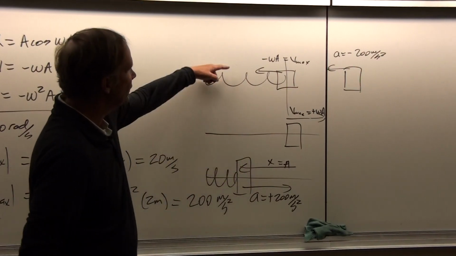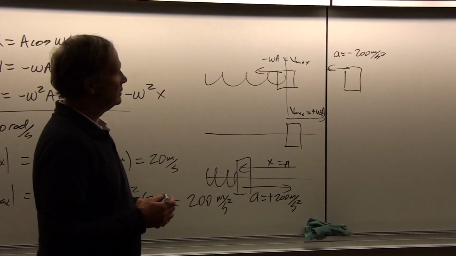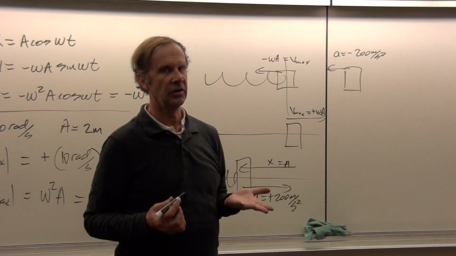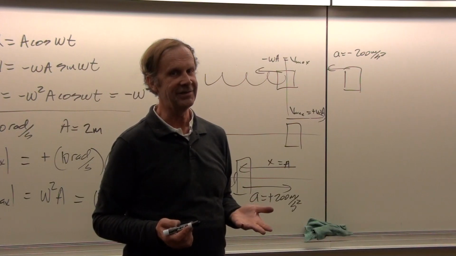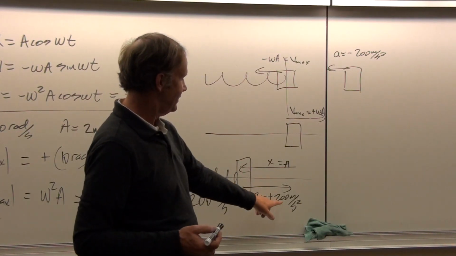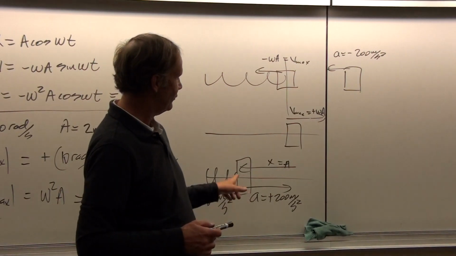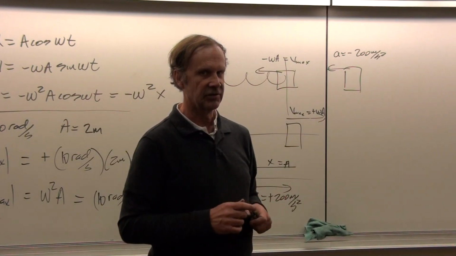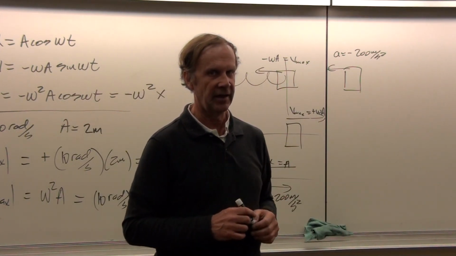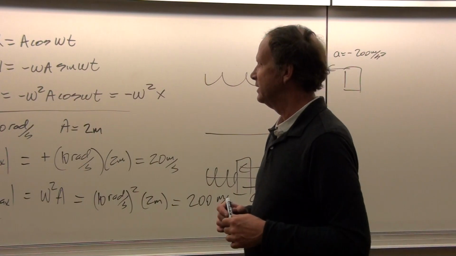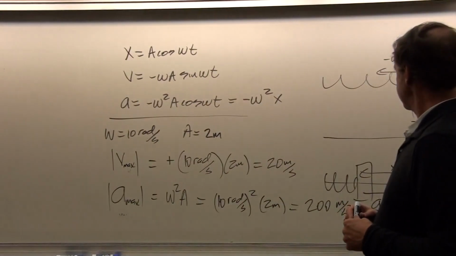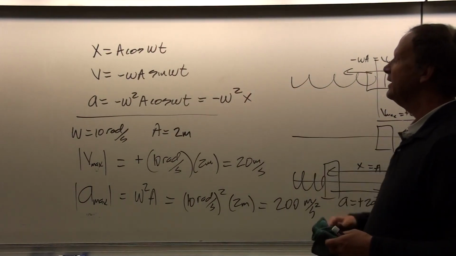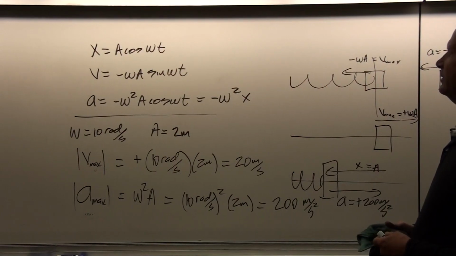And so this would be important then if the device that you had that was vibrating was an instrument package that could only withstand, say, 5 g's acceleration, and you were giving it 20 g, then that would tell you that you would have to change your design in some way to keep the acceleration below the max value that it could handle without being destroyed. Okay? And so that's the way then that we can deal with x, v, and a if we write it as a function of time.